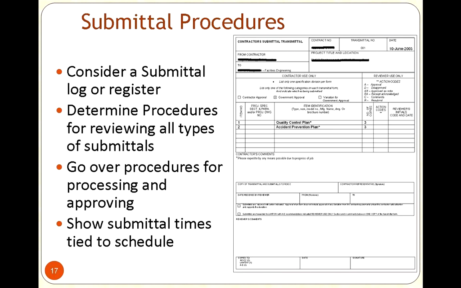So what this quality control manager would do is take a look at the document, and if everything looked great, he would say approved. He would put a little A next to it, or note whether it had been disapproved, or if he had comments. And the comments could be, for example, this might not be the right size. For that particular project, it was in a very humid area, and he said we're going to need a dehumidifier in this particular area, or we can't use this pump, or we can't use this piece of material for whatever reason.